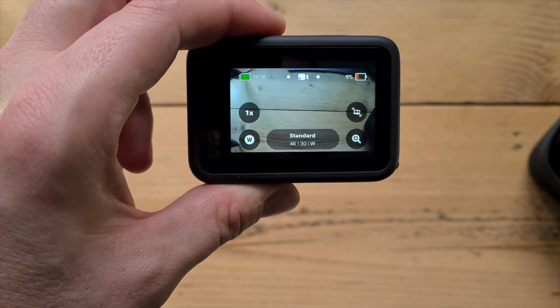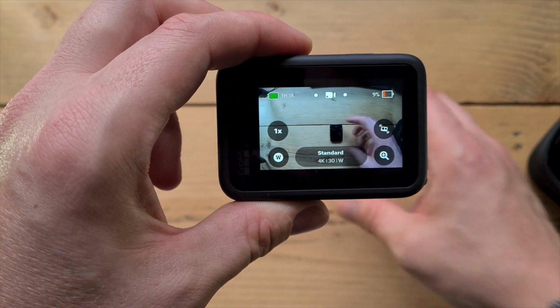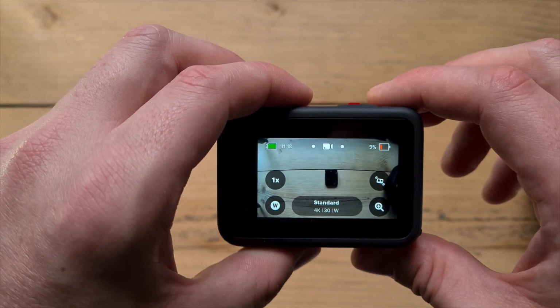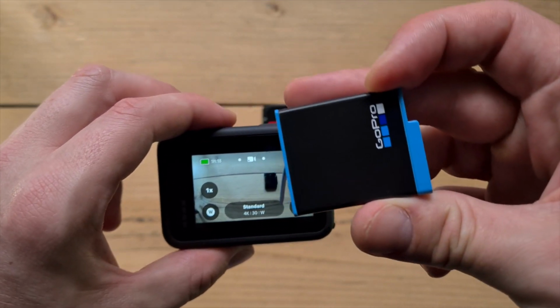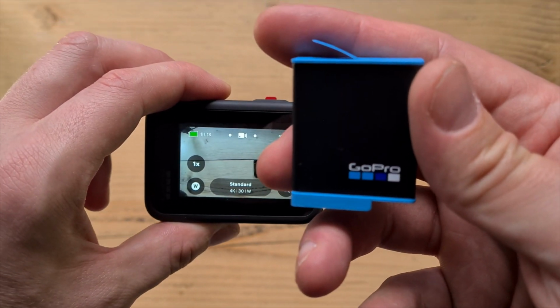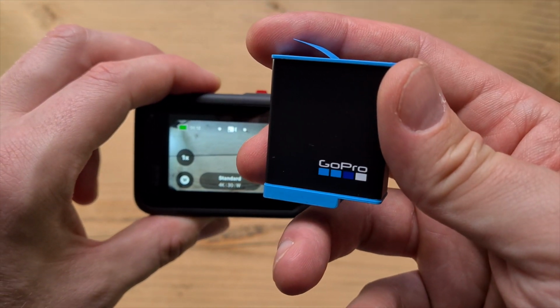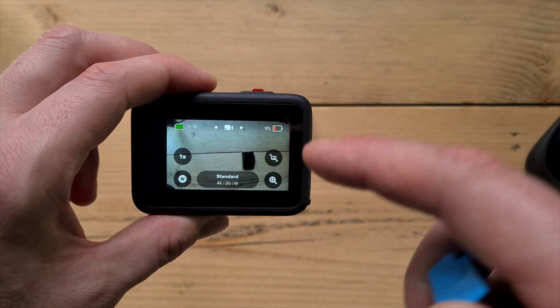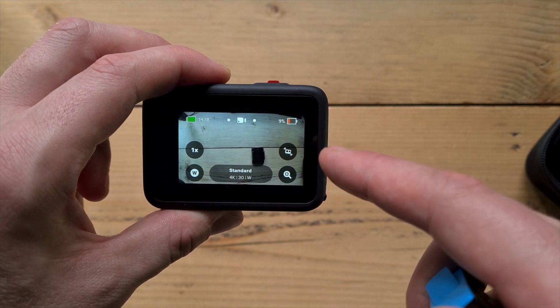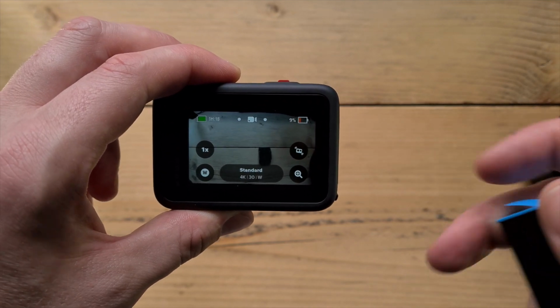just move the charging cable out of the way. As you can see, that's now the preview. What I would say is I started with this battery. It's impossible to discern between which one was coming with the GoPro and which one came as part of the bundle, but that didn't have enough battery to run the update. That one had enough battery to run the update, supposedly 20%, but is now at 9%, and I've literally just